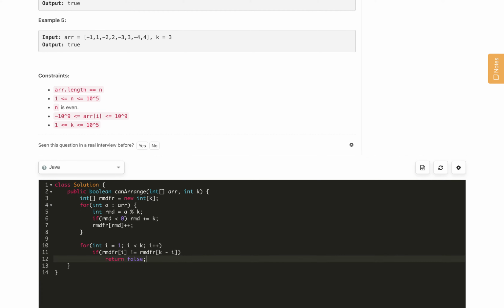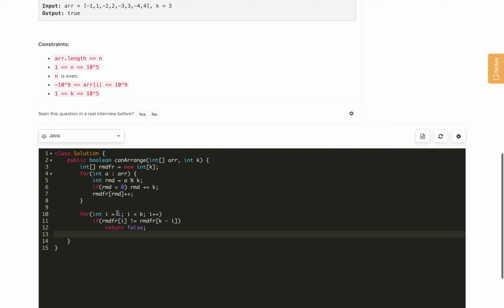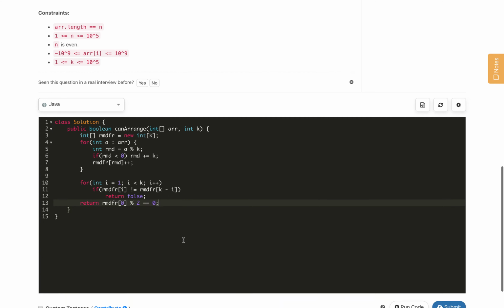If all of these modulo frequencies are equal, then we check that the frequency of remainder 0 should be even, and return that.